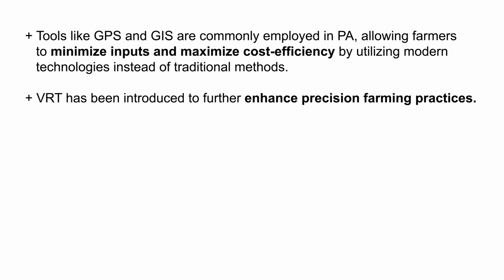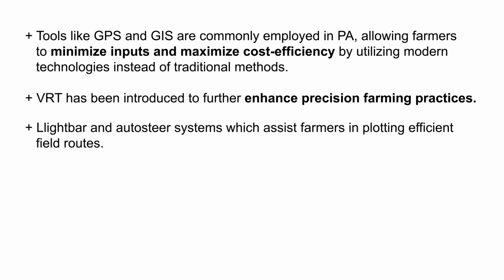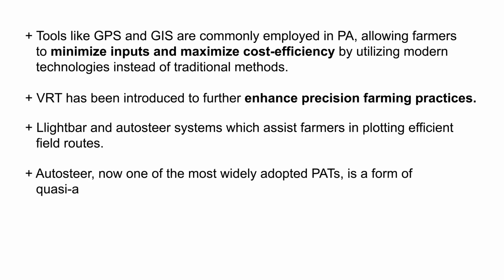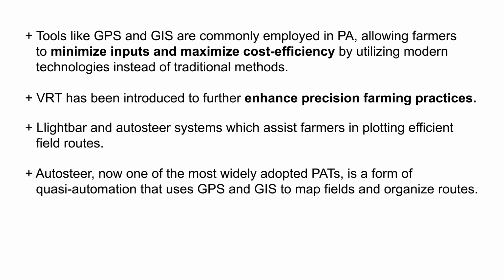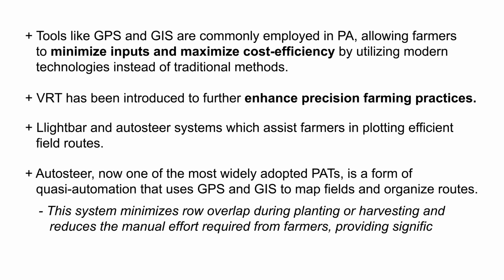Firstly, the declassification of GPS for civilian use and the development of farm-specific GIS in the early 1990s are widely considered pivotal milestones in the evolution of PA. Among the earliest and most enduring GPS-linked farm technologies are LightBar and AutoSteer systems, which assist farmers in plotting efficient field routes. AutoSteer, now one of the most widely adopted PATs, is a form of quasi-automation that uses GPS and GIS to map fields and organize routes. This system minimizes row overlap during planting or harvesting and reduces the manual effort required from farmers, providing significant relief